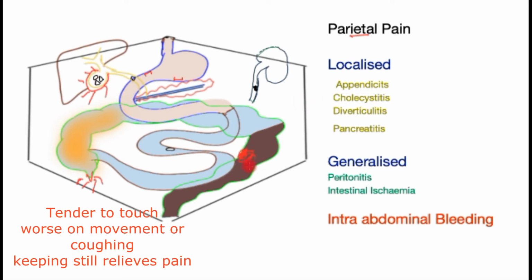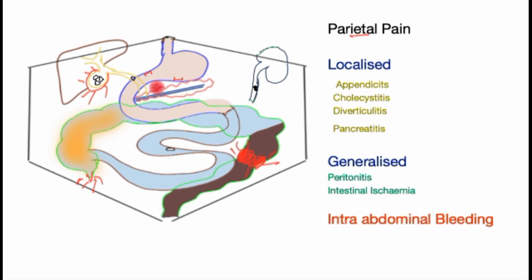Diverticulitis in the colon, the commonest is on the left side, and pancreatitis over here, all of these infective inflammatory conditions will cause significant pain. What if the process is generalized? A deadly condition called peritonitis will cause severe generalized pain, as well as loss of blood supply to the intestine